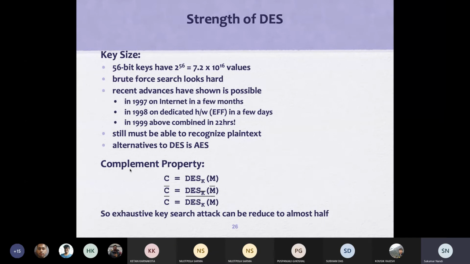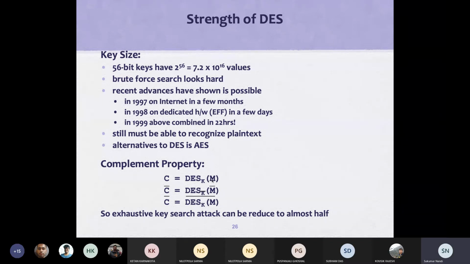Single DES has a property called the complementary property. What is the complementary property? If ciphertext C equals DES encryption with key K of M, plaintext generates C. Now complement the message M bitwise, apply the same algorithm, and you will get C complemented bitwise.